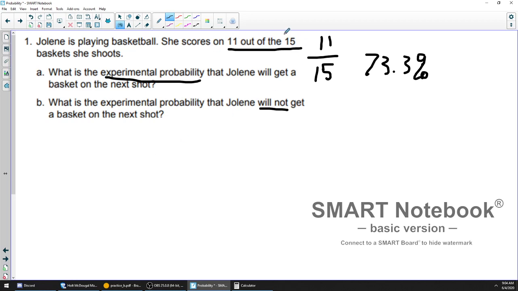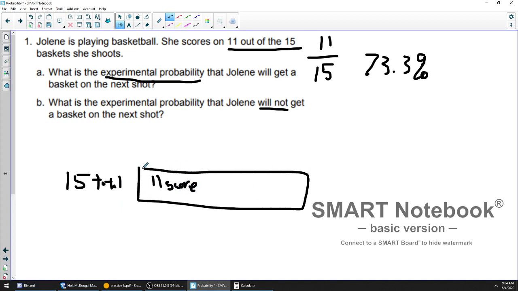By looking at this, well, we know she has 15 total shots, and 11, let's say, are scores. She got in. How much did she not score or get in? Remember, if my 15 is my total,